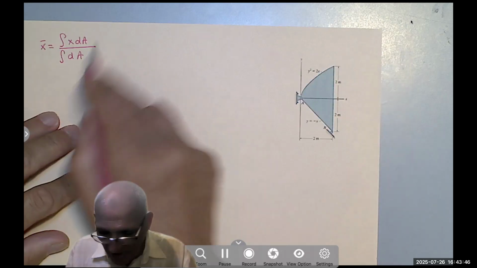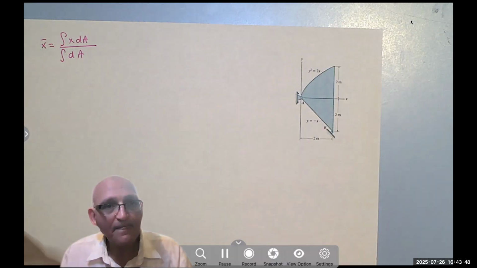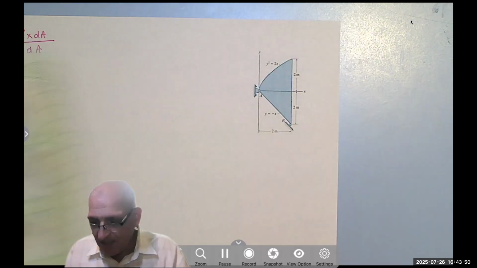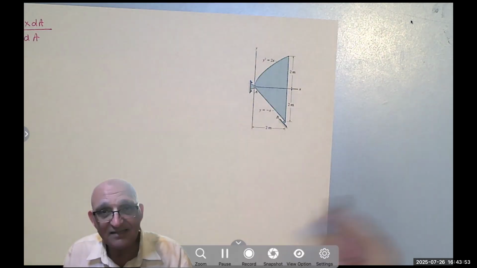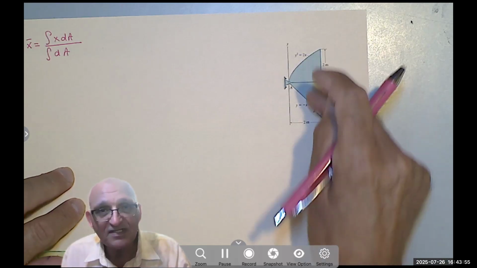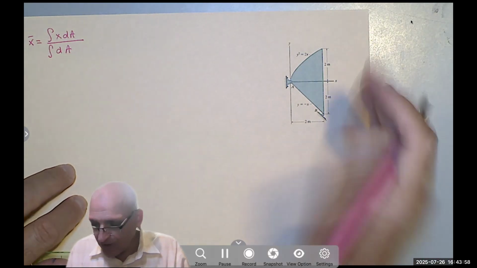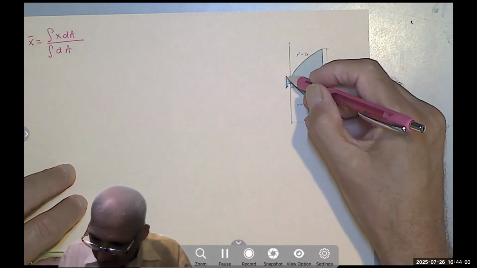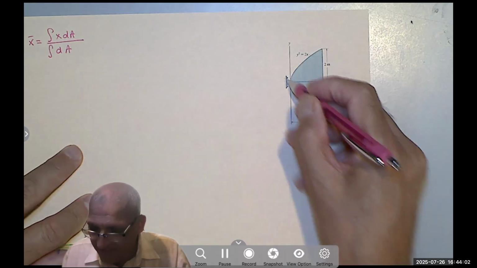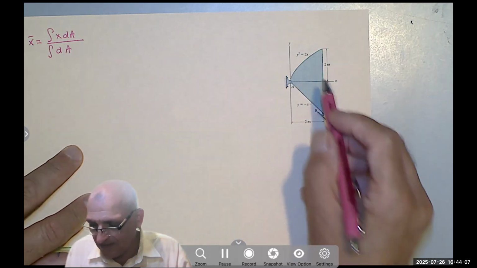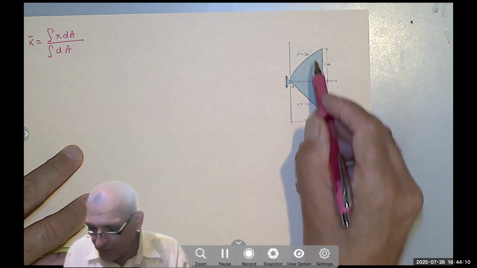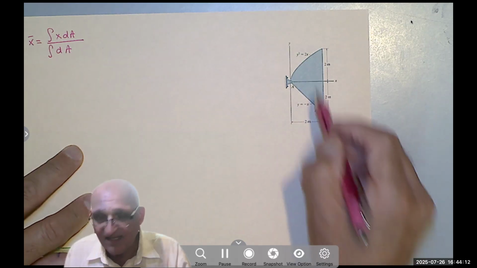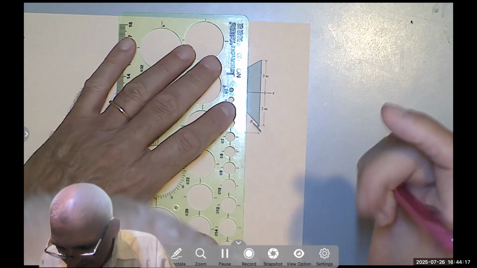Now, but how do I write it? Remember in integration, if I want to integrate a shape like that, I don't have to make each one separately. Why? Because if you look in the y direction, this curve is always above that. If I look in the x, no, they are not. If I go into the x, I will do this one first and then this one second and add them. So it may make sense to take the strip in the y, right? So if I take a strip in the y